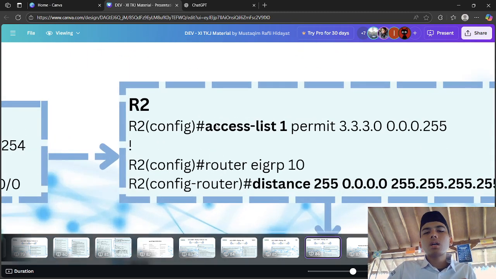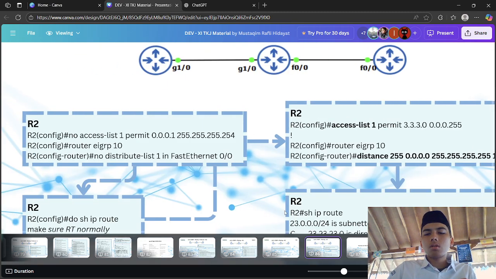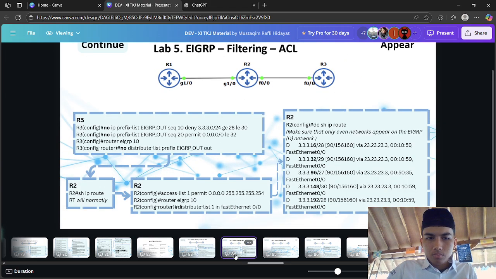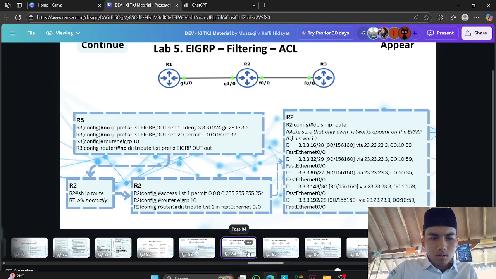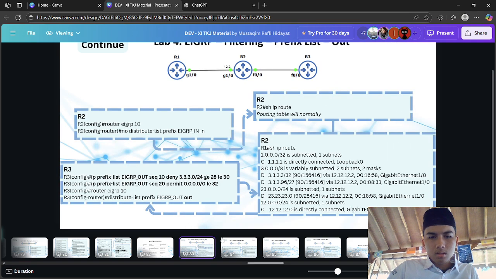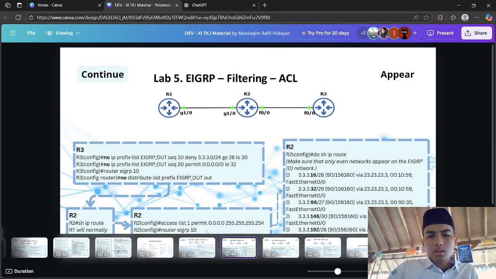So it will permit, as in the previous lab, access list 1 permit like this.